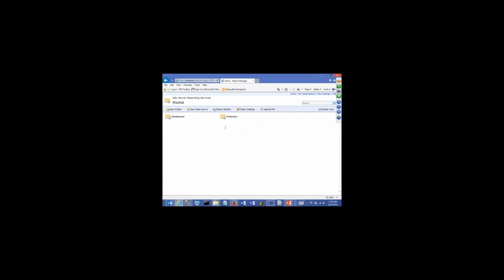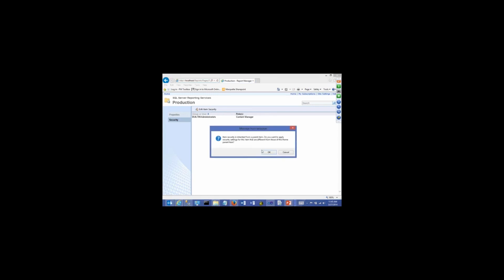And on another note of that, each of these folders also have security settings to it. And as I mentioned at the beginning of the webinar, you would have a person designated as the report manager. That person very well could be the same as a developer, but that person can go in here and then manage security. So, if you have your production reports, you can come in here and edit the security for the